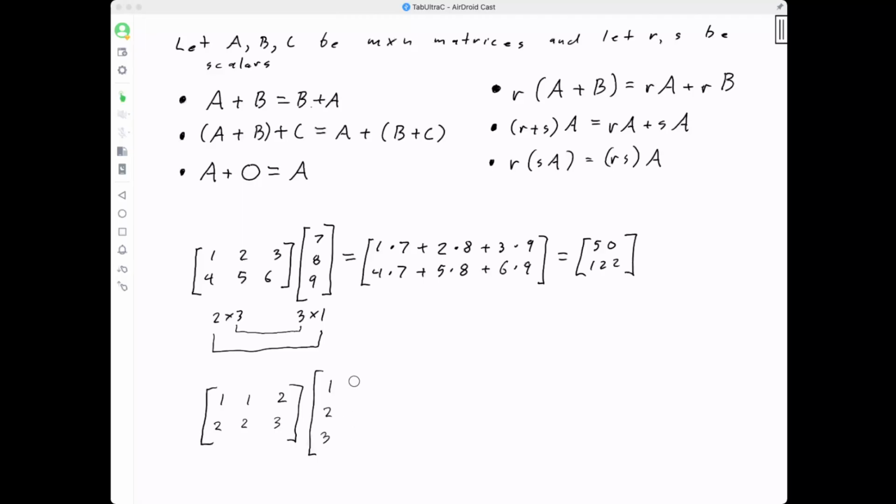Actually, let's do something a little different than that. Let's do 1, 1, 1 as my second column. This is a 2 by 3 times a 3 by 2. You can think of this second matrix that we're multiplying by as 2 column vectors side by side. And so to carry out this multiplication, we're going to multiply the